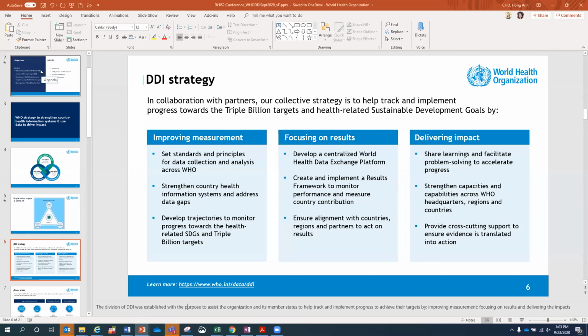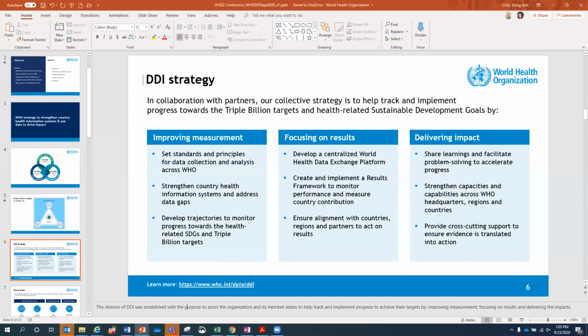So without further ado, I'm very pleased to introduce my colleague Anh from the Division of Data Analytics and Delivery for Impact. She's based in Geneva, and she's the primary focal point at WHO for our UiO collaboration, which is continuing to grow. So she has a long history with DHIS2 implementation.